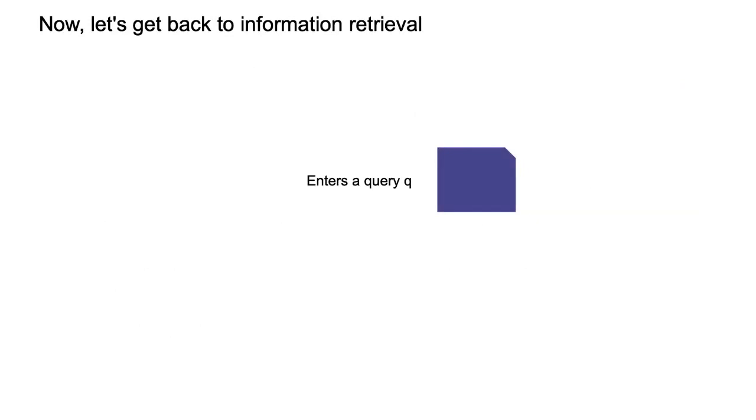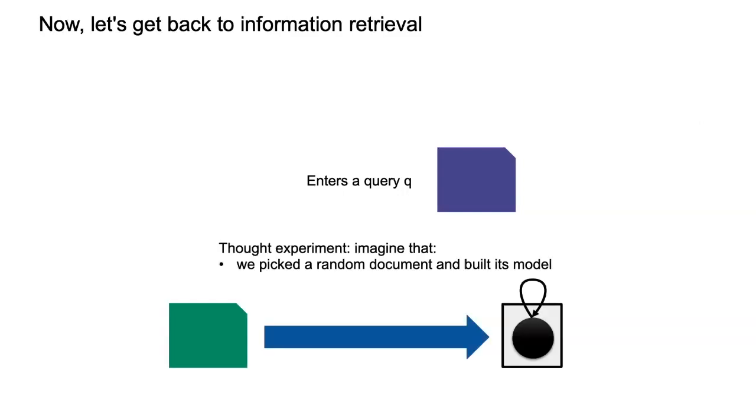But if now I come back to building an information retrieval system, not ChatGPT, something really simpler, here's my thought experiment. The user is sitting in front of their laptop and they type something, a query, Q. Q is a list of words, so let's assume the list of words. Now the model is this. Imagine